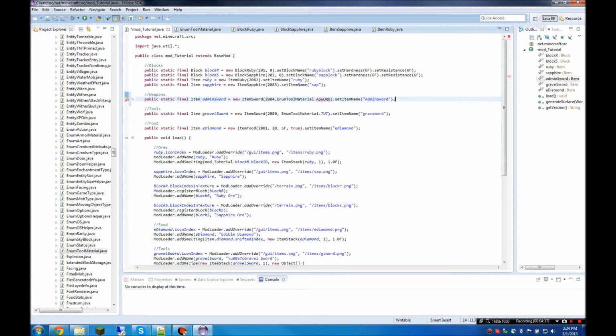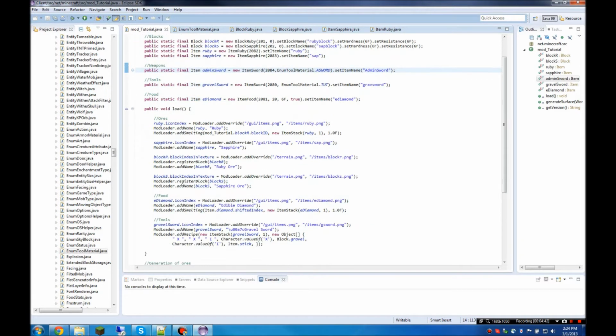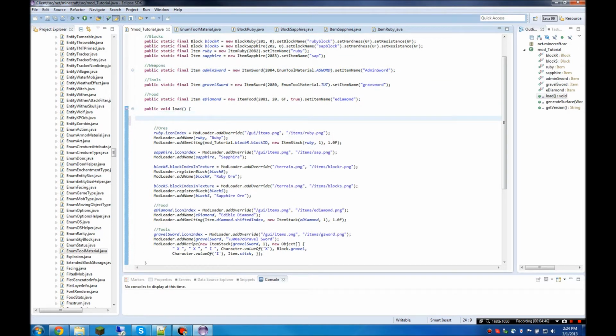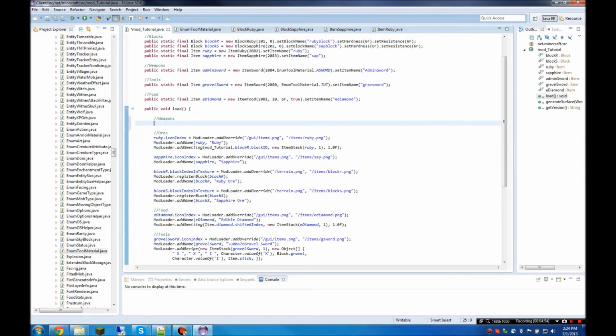So let's just save that. Save this too. Control S if you don't know how to quick save like that. So yeah, that's a lot. Now let's add the recipe and stuff. So let's do weapons. And then do, let's see, admin sword